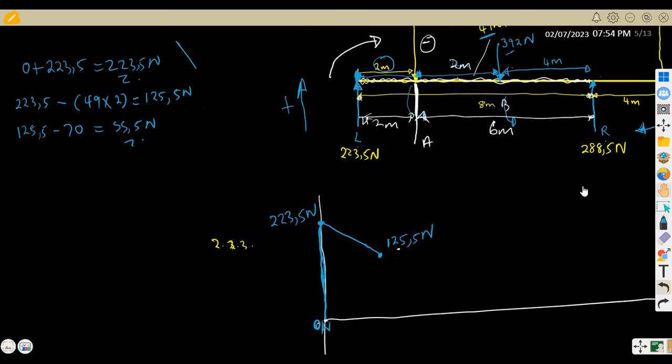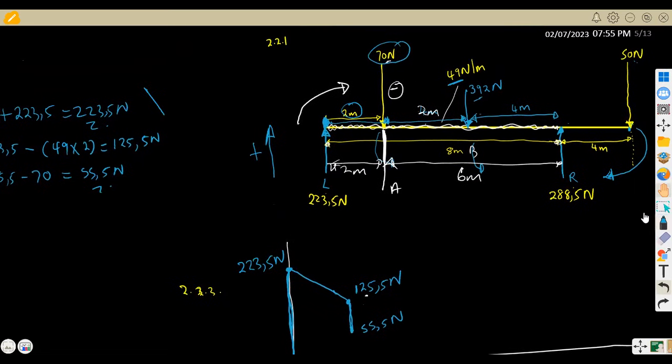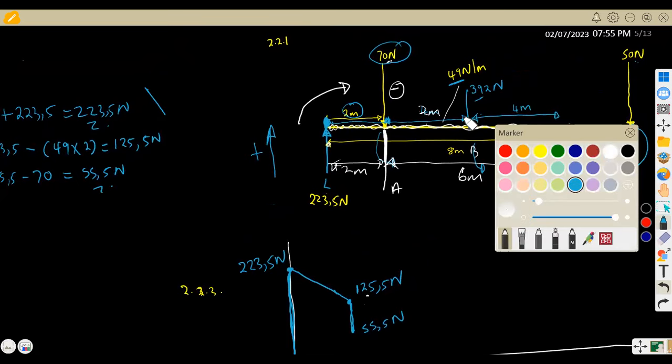So at 55.5, it was actually going down straight. So on your shear force diagram, you go down straight like this, not a slanted line like that. So let's say this is where you have your 55.5 according to your graph, you indicate that one. Then what is now happening from the 70 Newton that we indicated in between these two before we reach